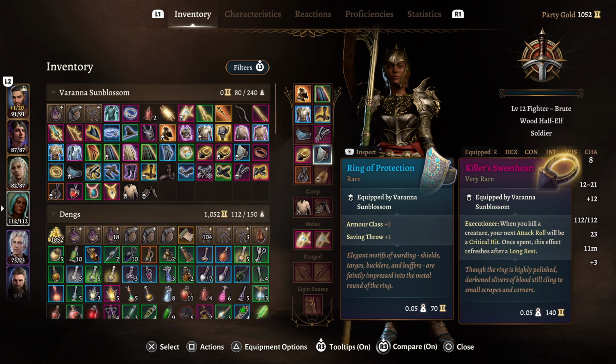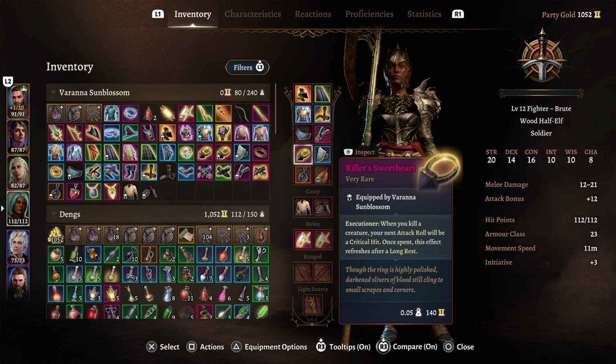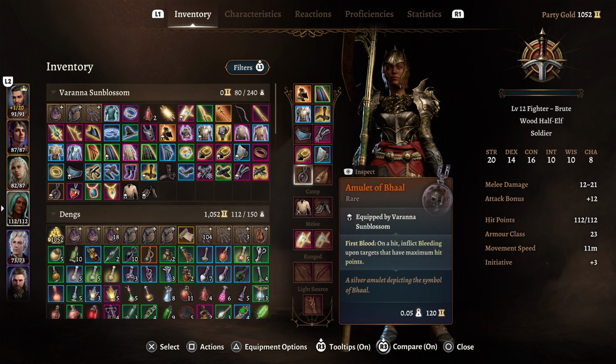For rings, we're going to take the Ring of Protection for an armor class and saving throw +1. The Killer Sweetheart, so when we kill a creature, our next attack roll will be a guaranteed critical hit once per long rest. The Amulet of Baal, so on a hit, we can inflict bleeding upon targets that have maximum